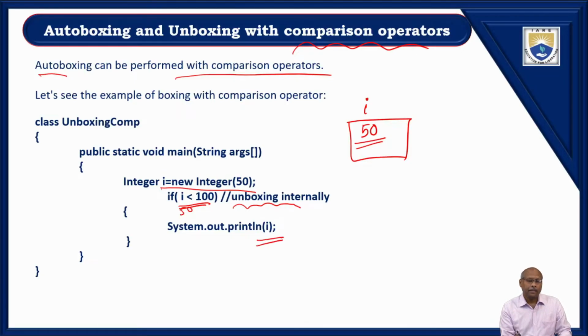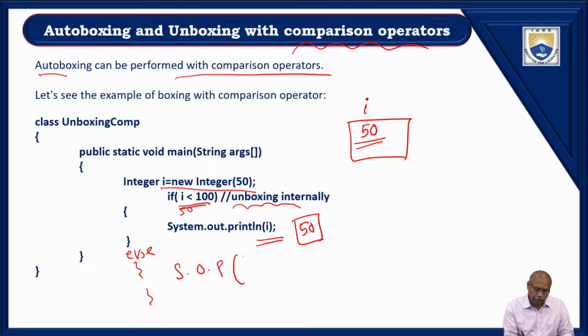Then come here. Then it prints I. What is the value of I? The value of I is 50. So answer is 50. Of course, if you want, you can write an else statement also. Else, if it is not less, then you can write System.out.println and write "not less". Some message you can print. This you also can write. So that means